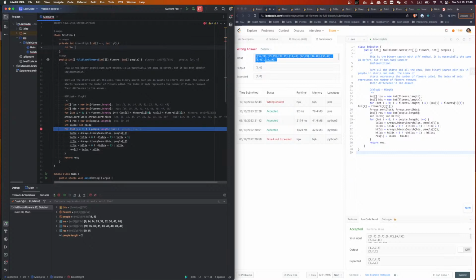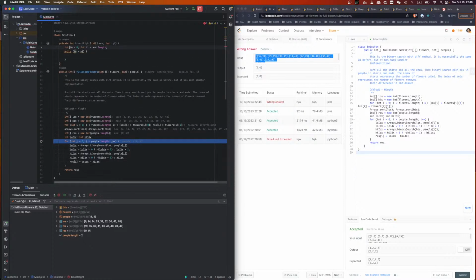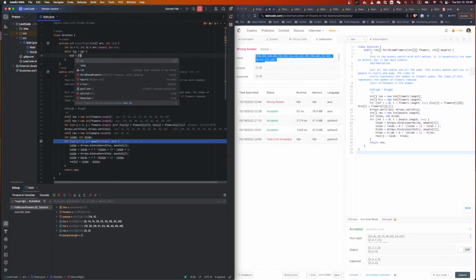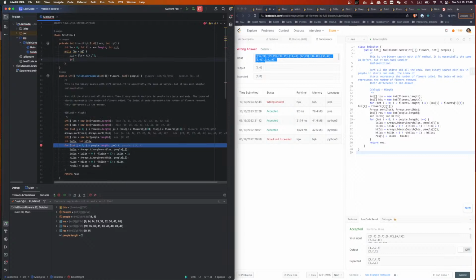Int low equal to 0. Int high equal to array dot length. While low smaller than high, int mid equal to low plus high divided by 2. If array mid is